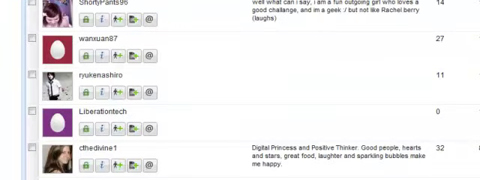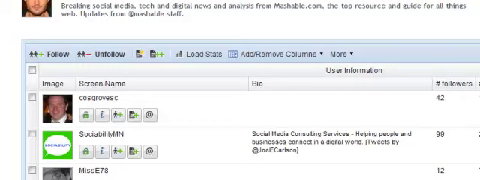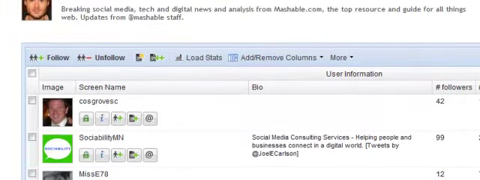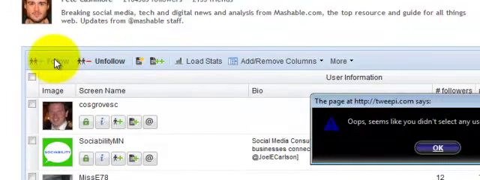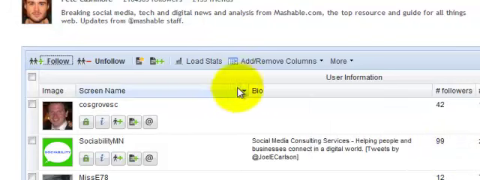So you can follow them, and in here you can actually put them on a safe list so you don't unfollow them. Okay. But now, how targeted is this? What you need to do is use Twello, the Twitter yellow pages, and find the leaders in your niche. Once you find the leaders in your niche, come over here to Tweepi and actually go find their followers. Okay, and so this is a really great way to get targeted followers.